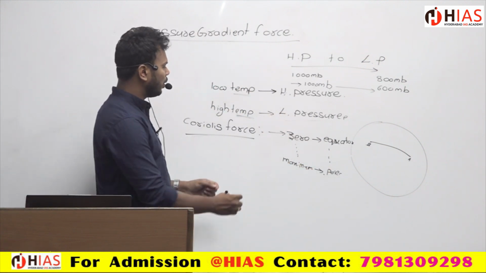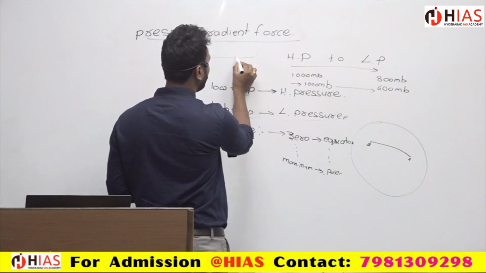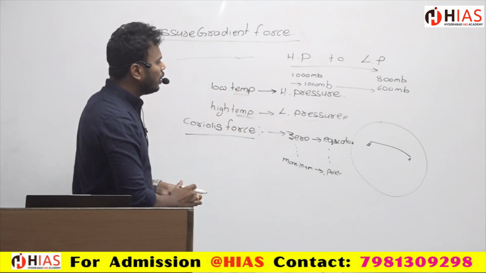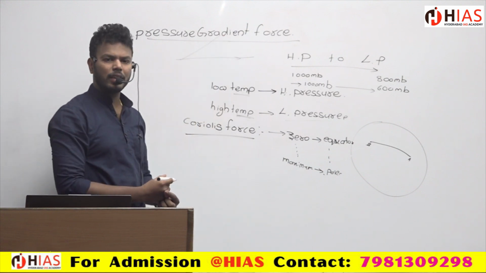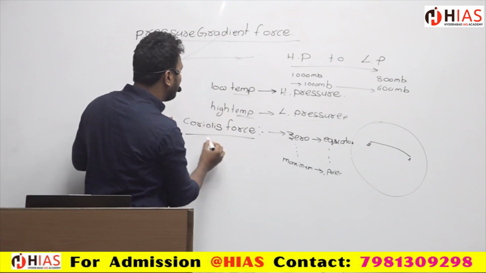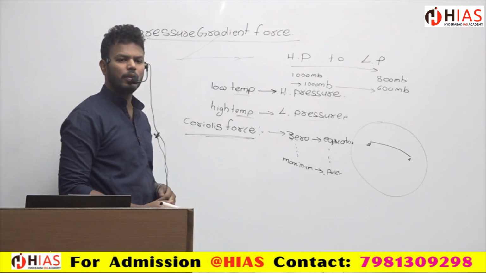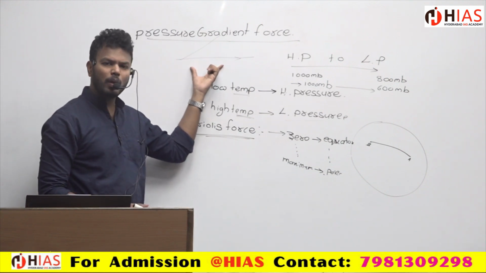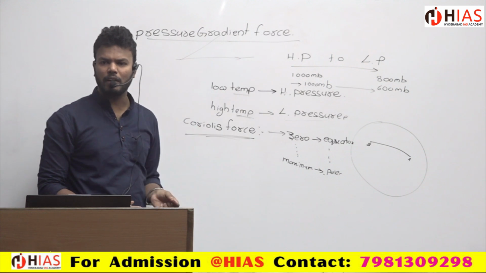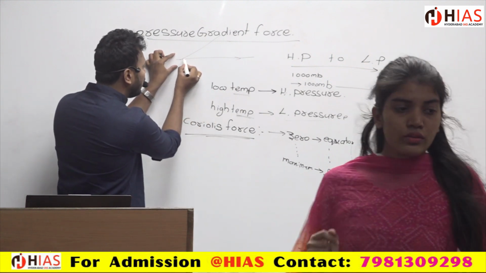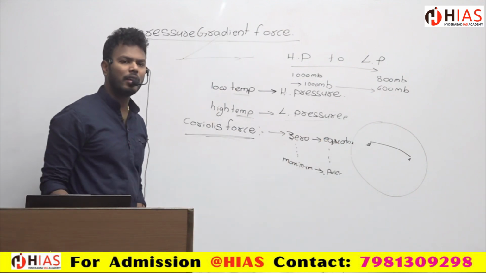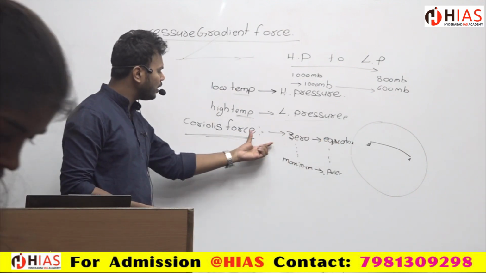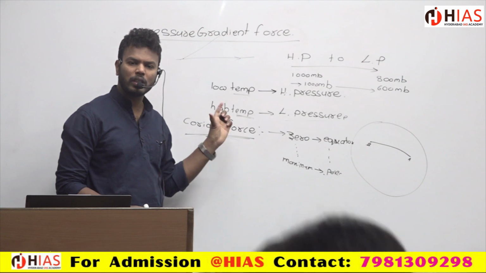That means, supposing the wind is going in this direction normally, because of the movement of the earth, the wind will get deflected in this direction. So the deflection is because of what? Coriolis force. Because of the movement, the wind is going to get deflected. This deflection is more at the poles and zero at the equator. We do not experience much of the Coriolis force at the equator.